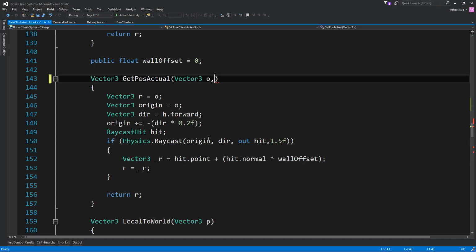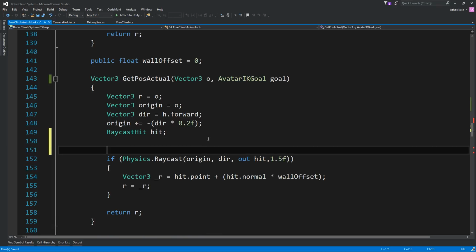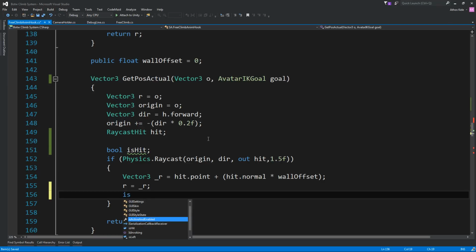let's think, let's say bool, or actually let's just pass the arcade goal itself, and let's have bool is hit over here. So if is hit, it's going to be true.